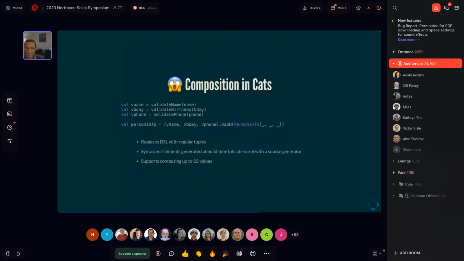So when we built Cats and founded Cats, one of the ideas behind Cats was to really adopt this Scala style, to say we don't want to just inherit ideas from other language communities, be it Haskell or OCaml or whatever. We really want to define our own style.